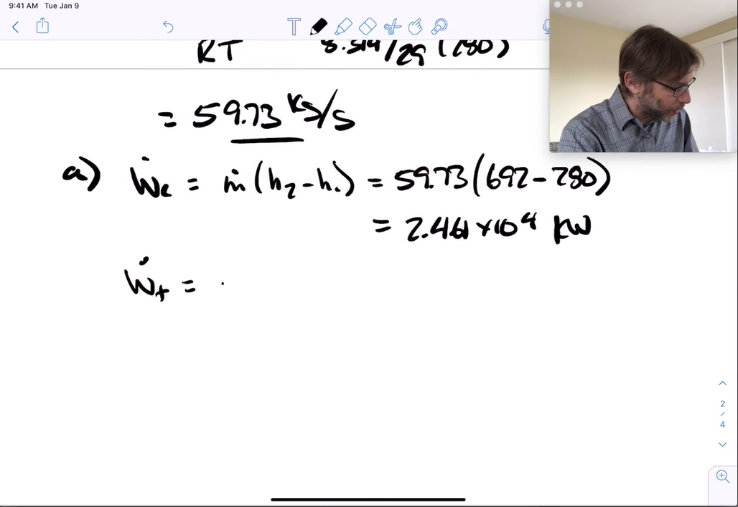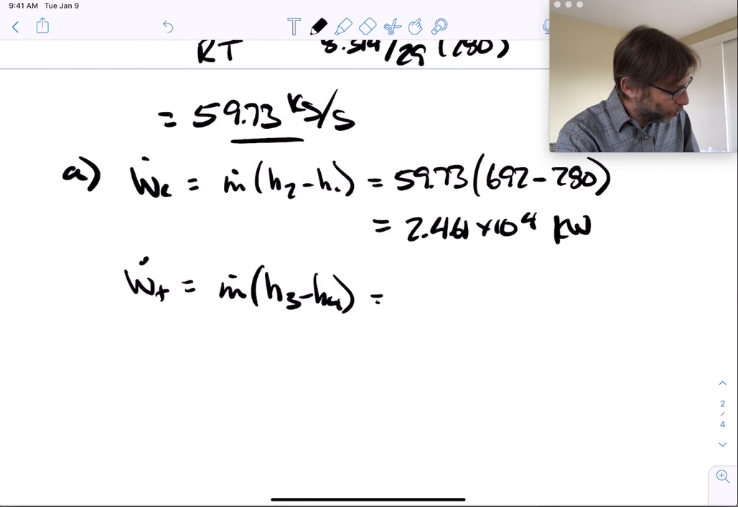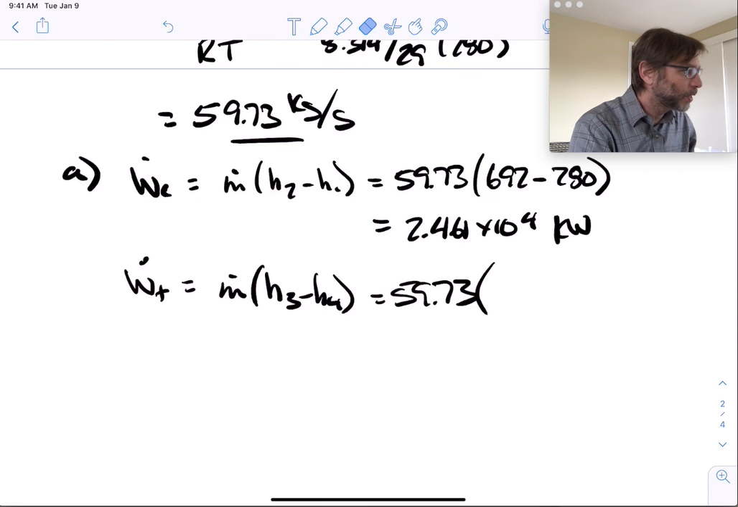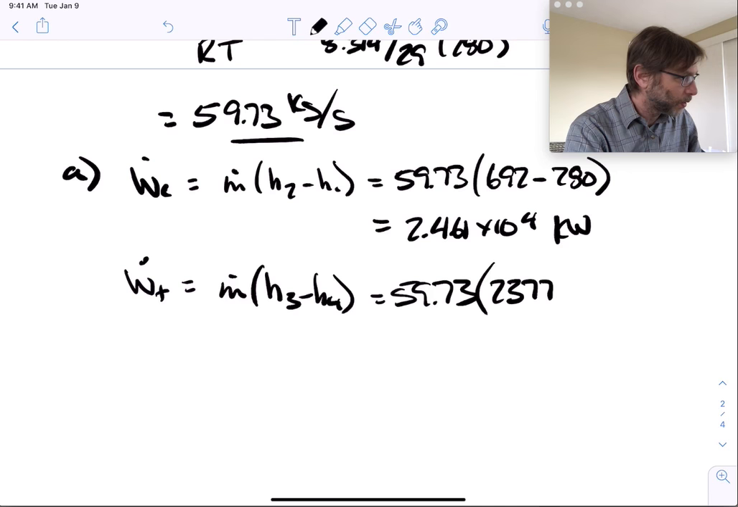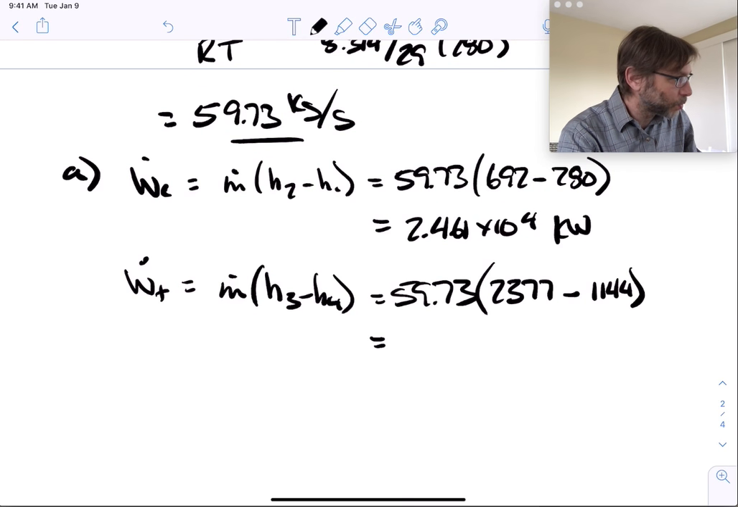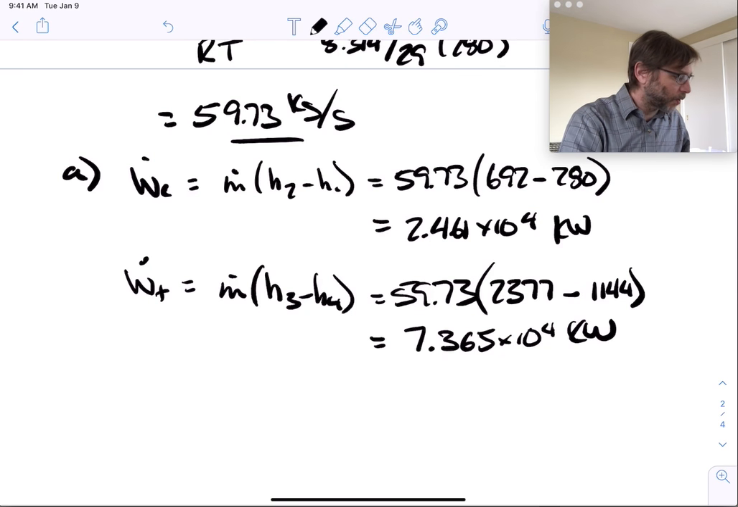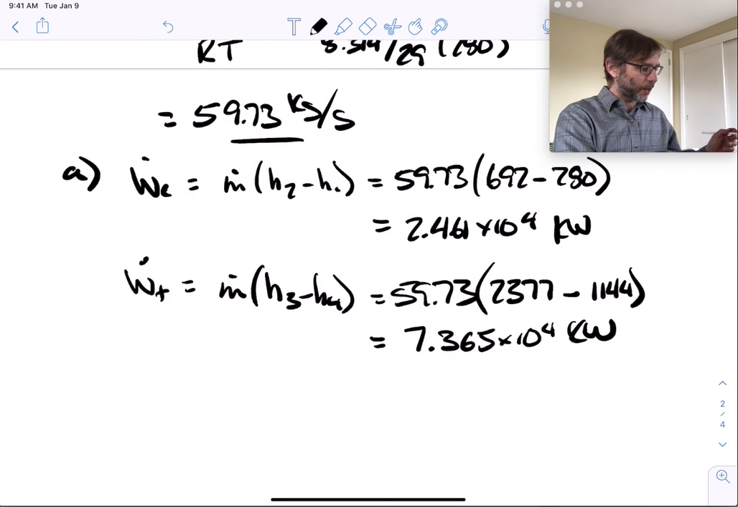the work of the turbine, which is m dot (h3 minus h4), which equals 59.73 times the same mass flow, because the mass flow is the same, right? It goes all the way around. It's in a cycle, so we can just use one mass flow. 2377 minus 1144, and this is equal to 7.365 times 10 to the fourth kilowatts. So almost 74 megawatts. So 74 minus 24